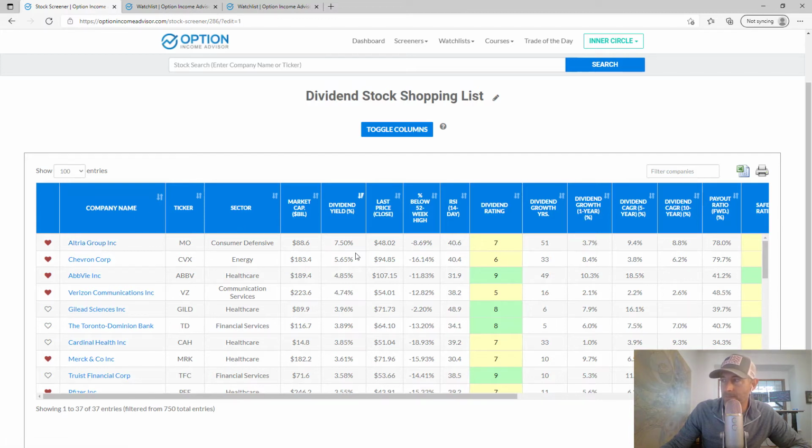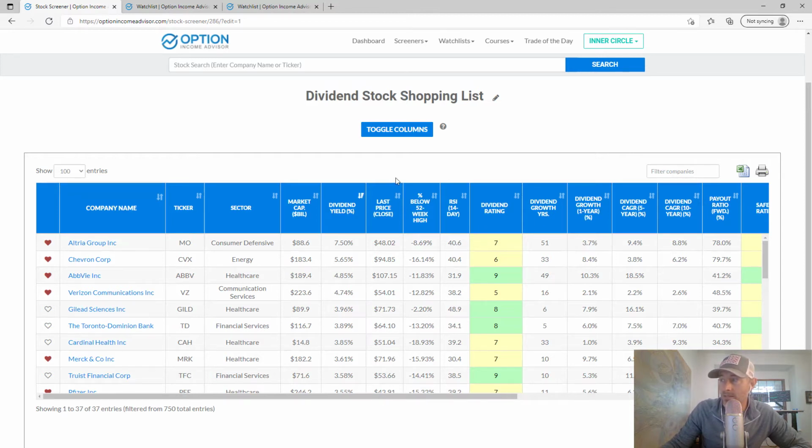So you can see we've got several stocks here above 4% dividend yield, and it's all stocks that you've probably seen. But the nice thing about what's pulled up on here, again, this is from a quality perspective, right? We're looking for quality dividend stocks. These all rank above average on all of our key metrics.